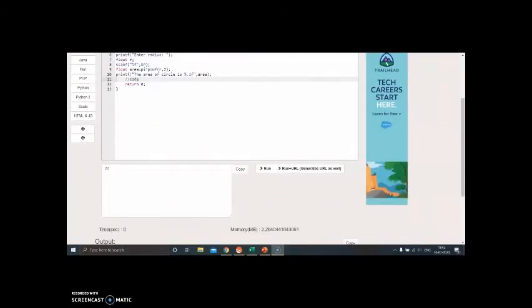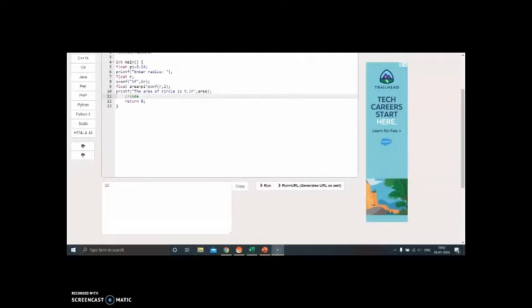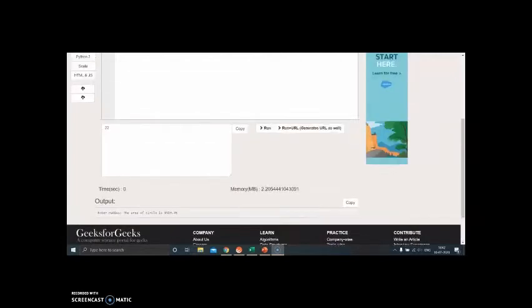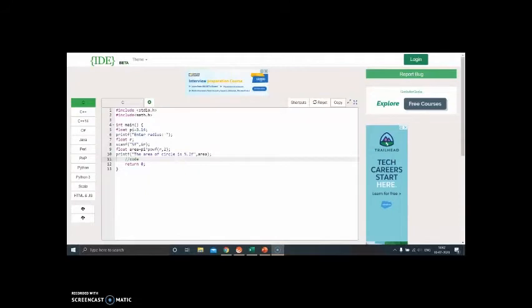I just put the input 22, which means the value of radius is 22. I'm going to run the code, and here we get the area of the circle as 1519.76. I hope that you have got this one, and if you have any doubts, don't hesitate to mention them in the comment section.